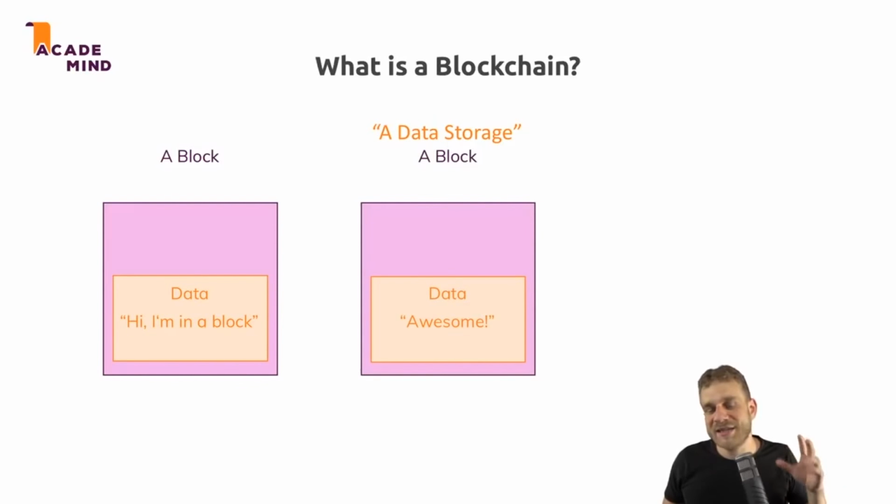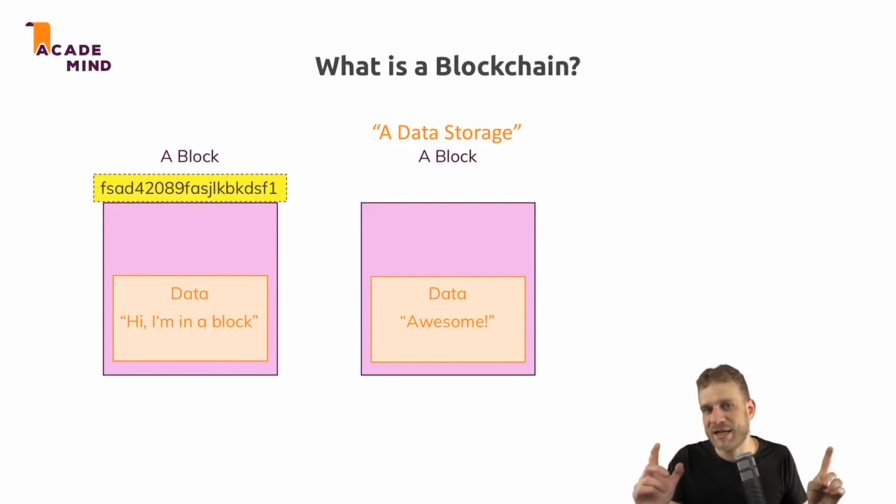And the interesting part is that they know about each other. To ensure that you can't manipulate data in blocks, because it's distributed across multiple machines, you want to make sure that the machines can check each other. Each block receives a hash or is hashed. A hash simply is some long text, you could say, that is generated automatically from all the parts that make up the block. So if you got a block with the data, hi, I'm in a block, and then let's say you have some metadata in that block, like a unique ID for every block, then you could take both, use some hashing algorithm, we'll use a plugin for that in this course, and then it spits out some text, and you'll always get the same text for the same inputs.